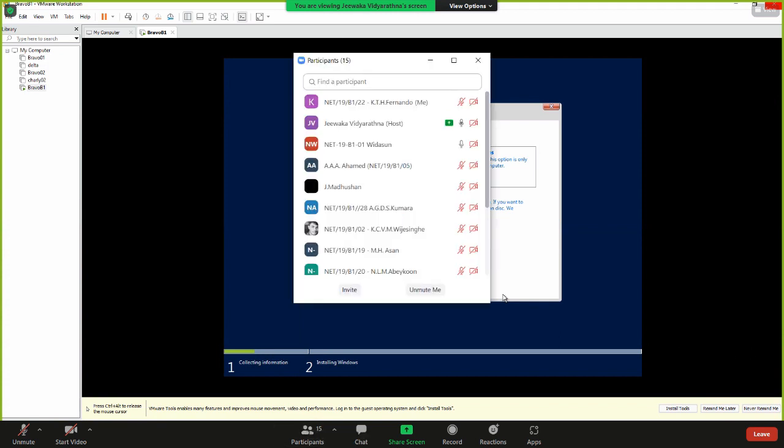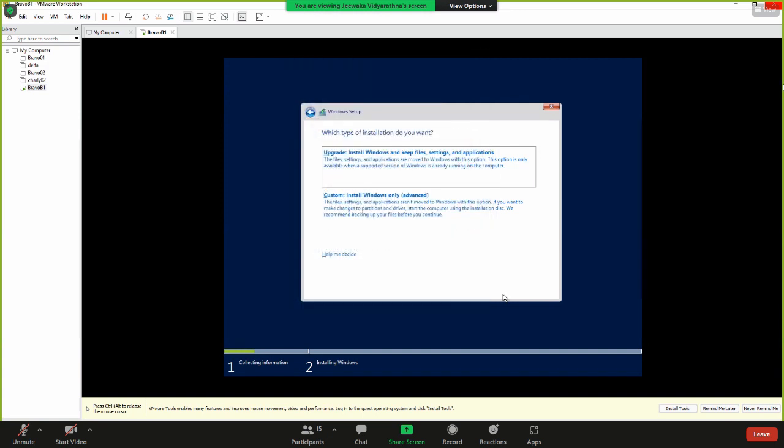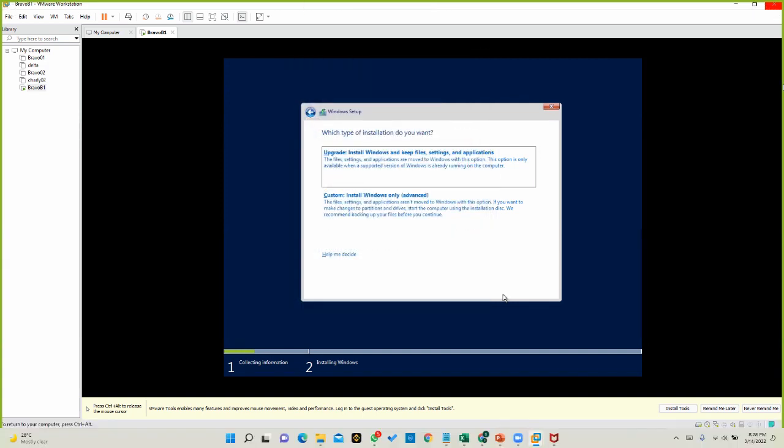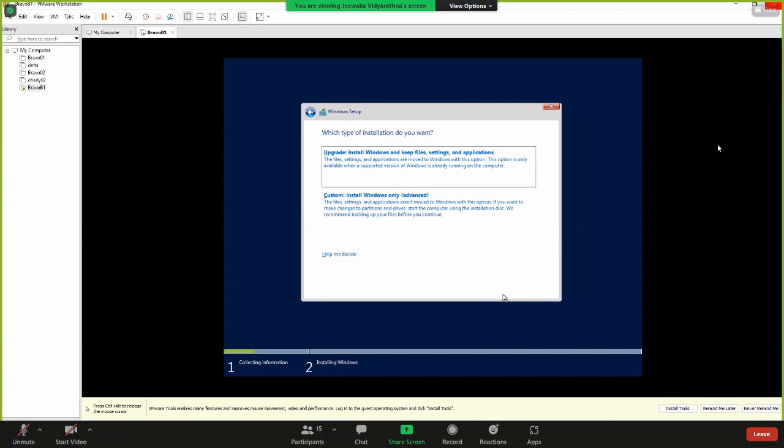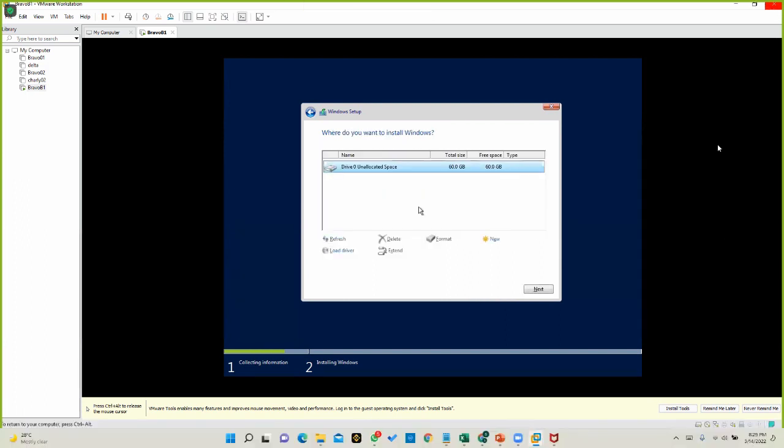If this is a fresh greenfield implementation, you can select install operating system. So I am going to install advanced. So here is the storage. You can create the partition, or you can select the hard disk. The operating system installation process will create the appropriate partition that is required for installation.